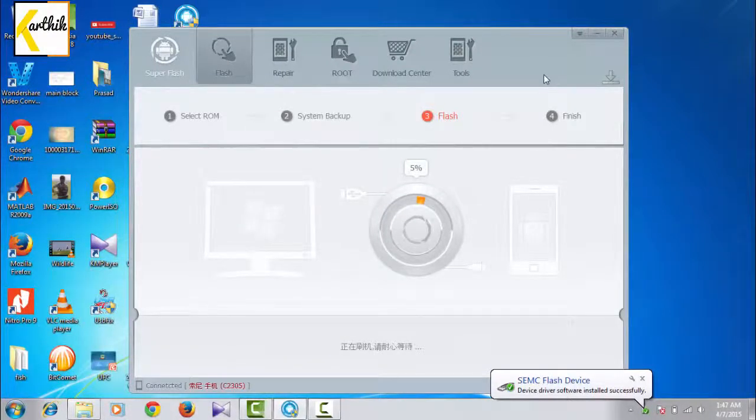Don't remove until it shows the success message. On the Windows side it takes a very long time to show the success message, and remember one thing, this is the first time we are doing this, so it will be a failure. Now you can watch. Because it is the first time the device drivers are installed just now, we will get a failure, don't worry about it.